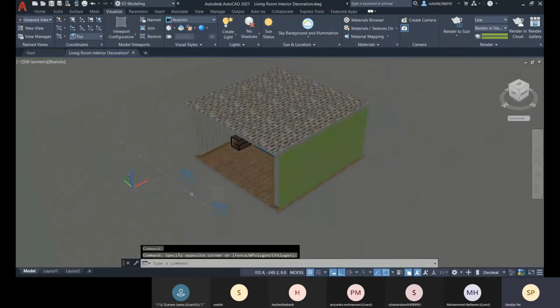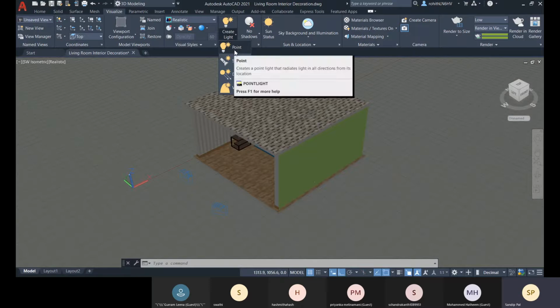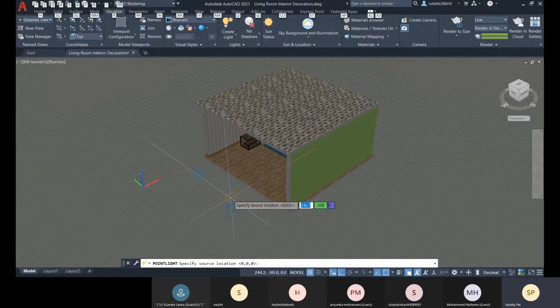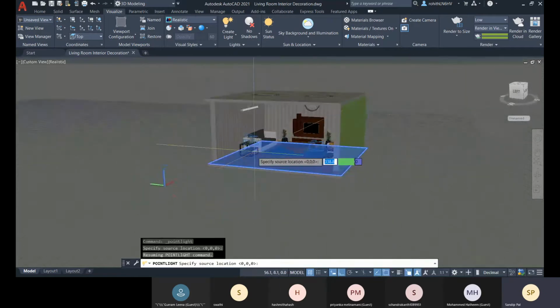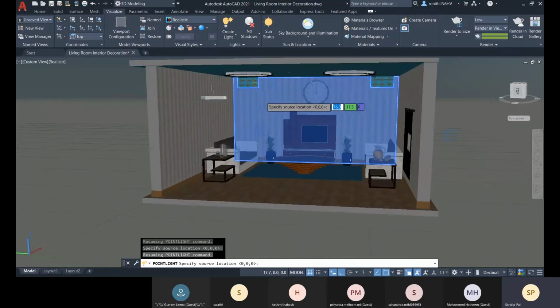Now we will be creating artificial light. For that we have this option, creating your own light. So you have point light. Okay, so this point light will emit light from a point and it will spread in each direction.